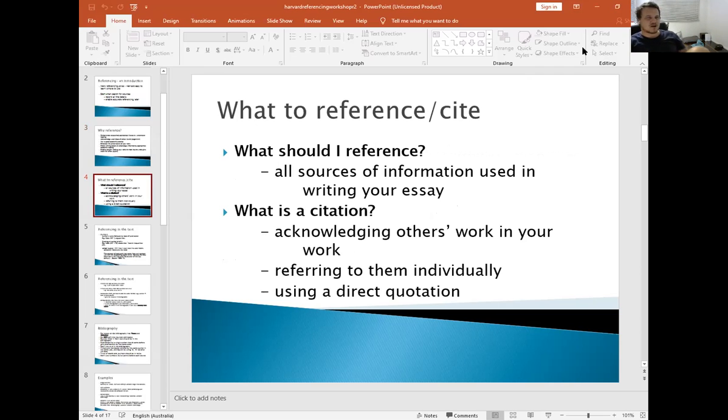Can I use direct quotes? Can I directly copy and paste from something? Is that allowed? Anybody, can I just copy and paste a chunk of information from somewhere?